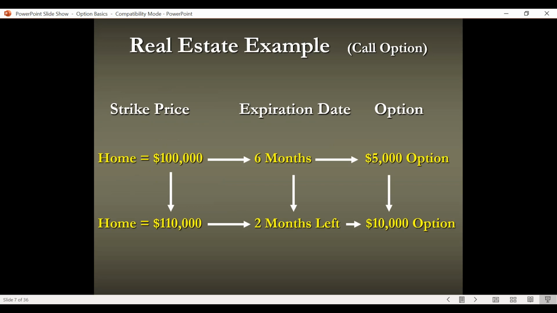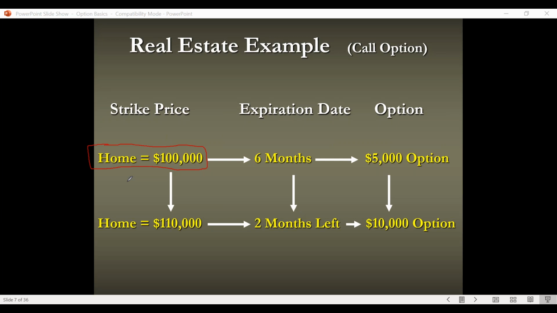Now, in this example, you guys are going to be the option sellers, and I'm going to be the option buyer, because that's what we're going to focus on first, learning how to be an option buyer and why we want to be one. Let's say that you, as the seller, own a home, and you want to sell that house for $100,000. That may seem like a pretty inexpensive house, but it makes the math a little bit easier. So you have a house that you want to sell for $100,000.